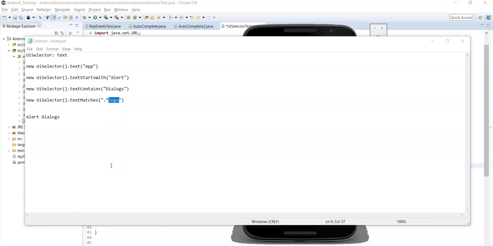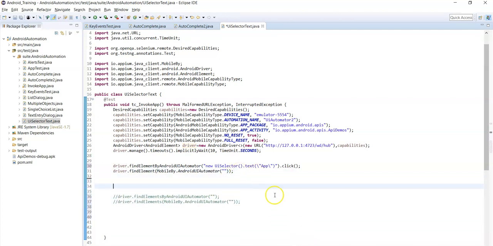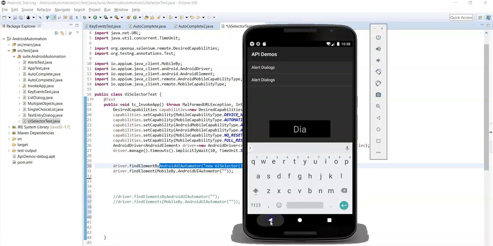Now let's see one example with these methods. Before that, let's comment these two statements. Using this first statement, we can perform click action on app name, right?